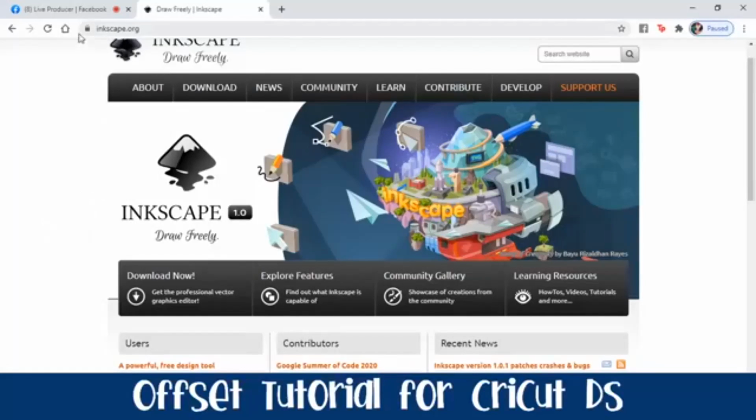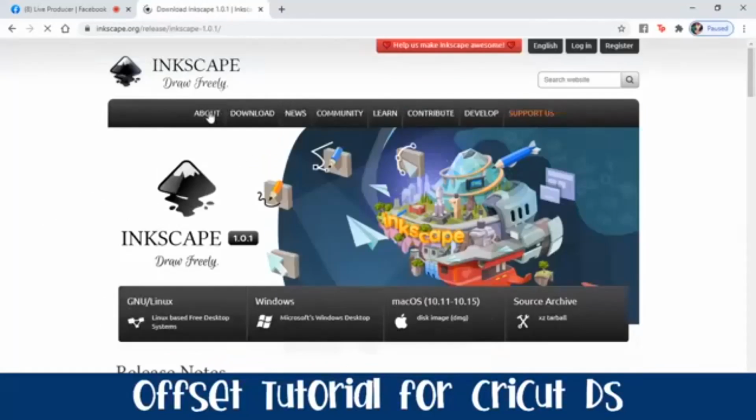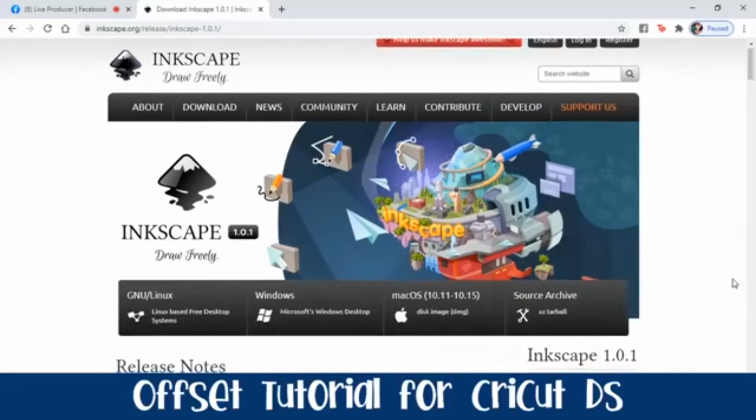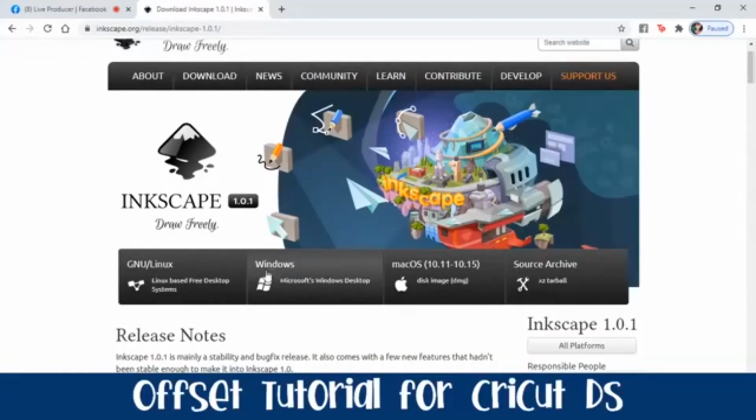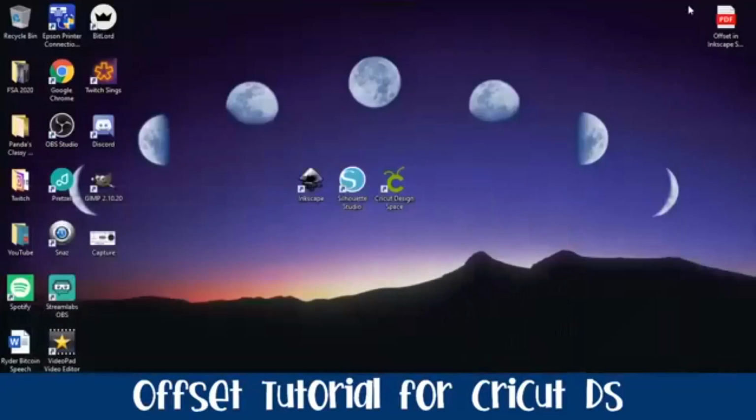But once you go to inkscape.org, which is up the top here, to get the latest version, you go download current version, and it will bring up the 4 platforms or the 4 files that you're able to download it in. Now I am using a Windows laptop, so I have already downloaded the Windows and installed it a long time ago. But this is where you go to download Inkscape. Once it is installed, close that down, you'll have, here's Inkscape. When you open it up,